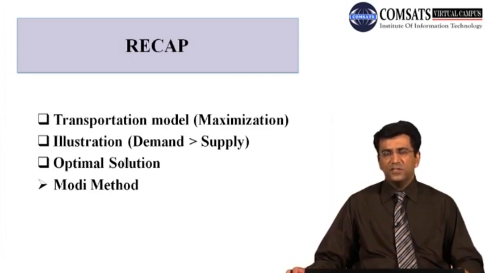So in that particular case, we will find out the value of theta for that particular cell where the shadow cost is highest positive. So after calculating the value of theta, we will incorporate the value of theta for that particular loop, and again we will have to remake this table, and again we will have to find out the total